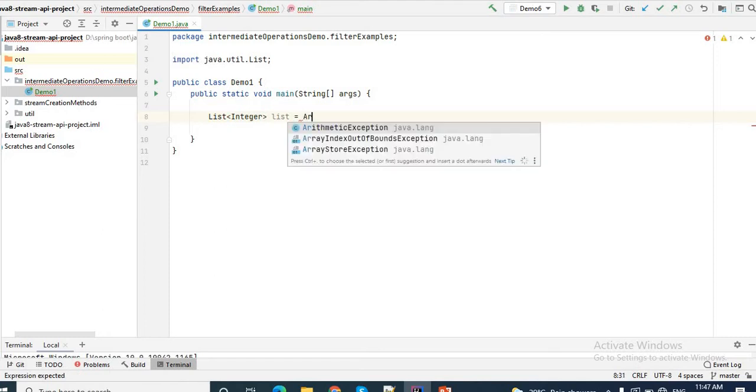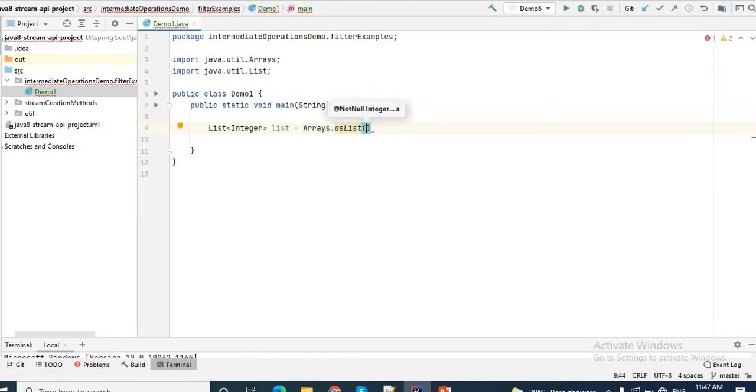I will use Arrays.asList to create the list and pass the integer numbers: 10, 15, 17, 20, 15, 30. I am giving random numbers. So this is my integer list. I want to filter all the even numbers from this list, which are 10, 20 and 30. Let's check whether by using the filter method we are able to fetch this in our output.